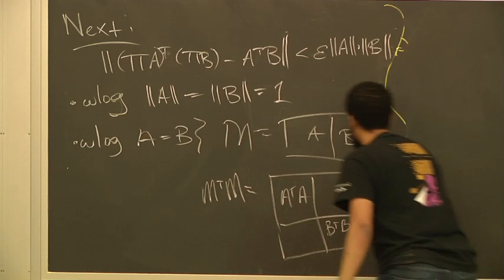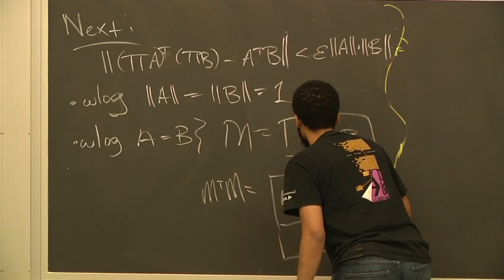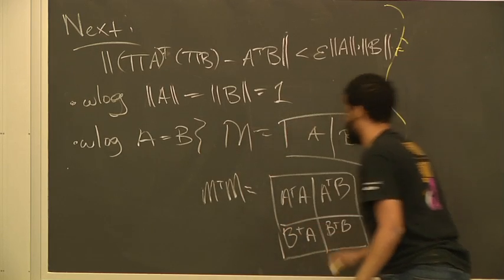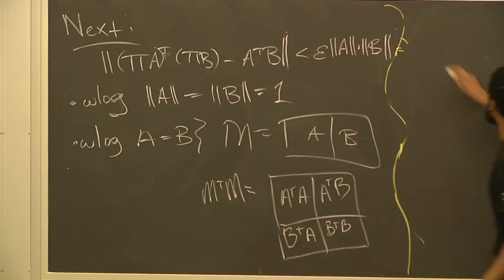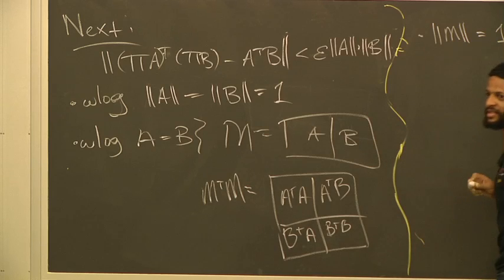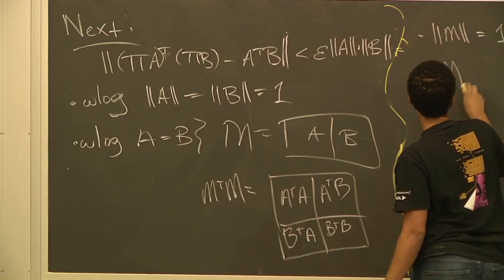Okay, and this is A transpose B, I guess. B transpose A. That's what M transpose M looks like. Notice that, first of all, the operator norm of M is also 1. Why? Because if you look at M